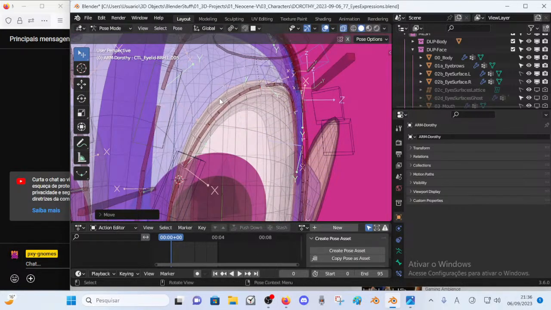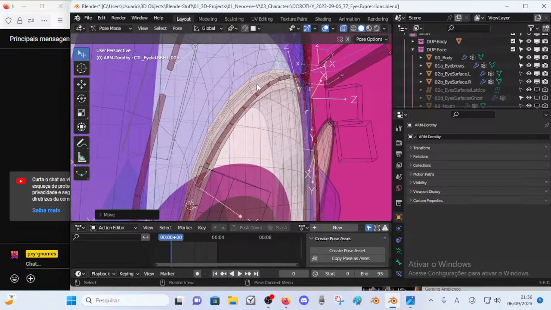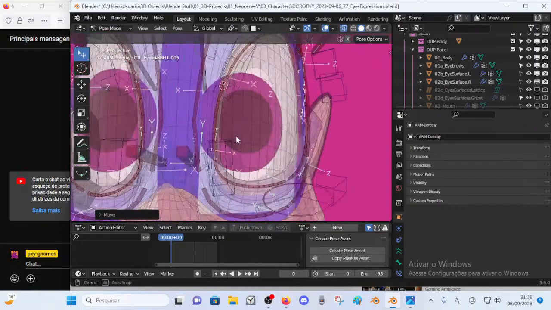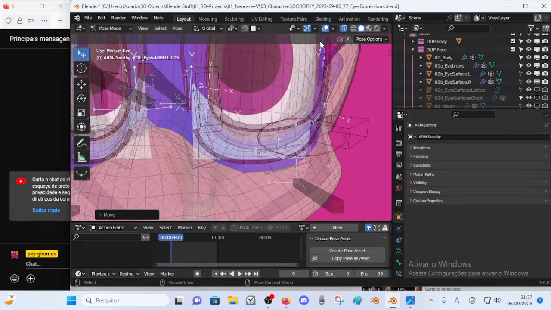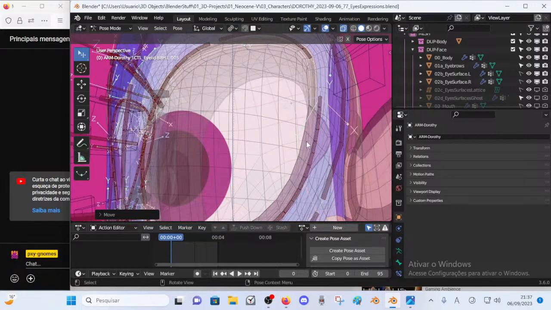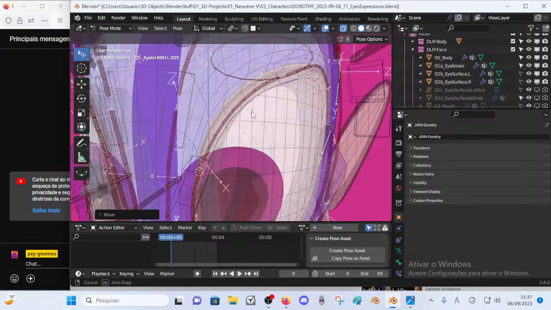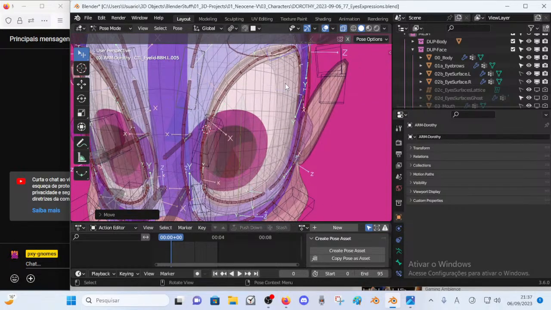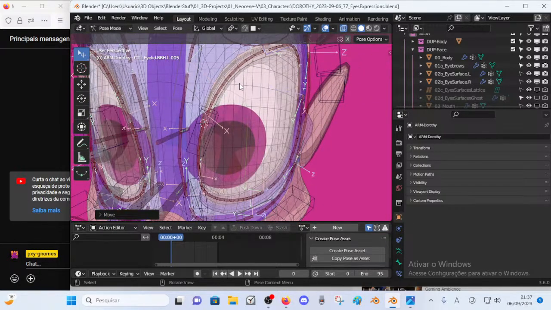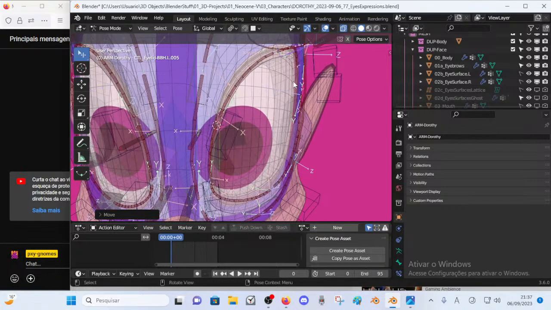We just dispose it like that, and because these are edge rings, looping all around the eye, that is a simple but very adaptive mesh topology, right?